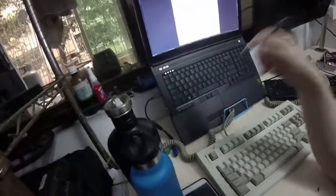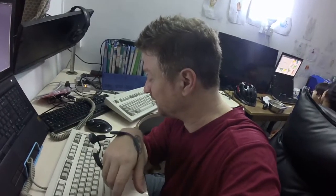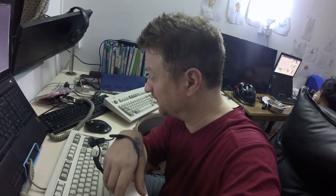This keyboard, you do the math. 1987 to 2018. How many years is that? I don't even know how to count anymore. That's 30 years old. 30 years. It's almost as old as my wife. Huh. Jesus. And she's still in good shape, you know? Elon Musk said he underestimates the power of people, but if you're looking for something durable...